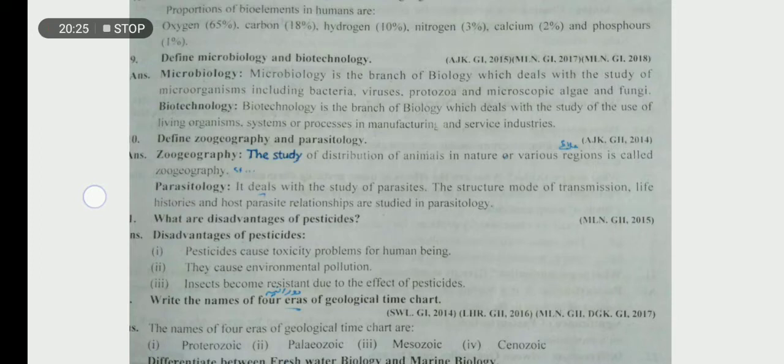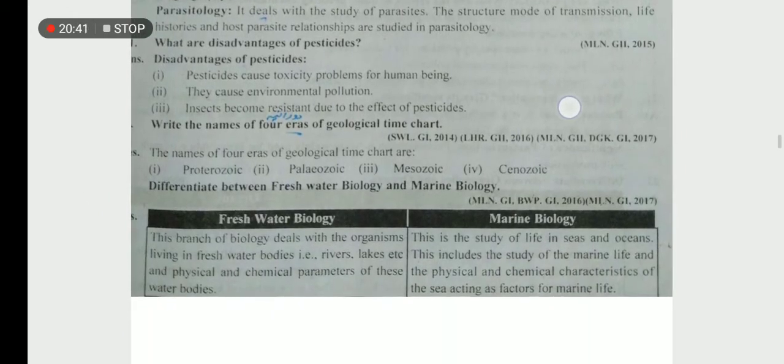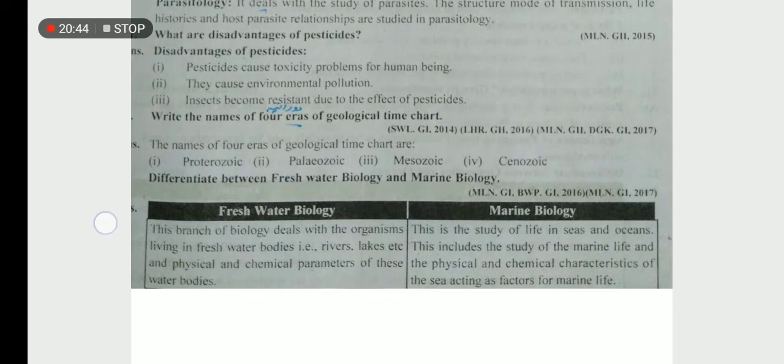There is a small proportion of chemicals in these plants too, which is not lethal for the human because we are larger organisms, but it causes diseases in the body. Write the names of the four eras of the geological time period: Proterozoic, Paleozoic, Mesozoic, and